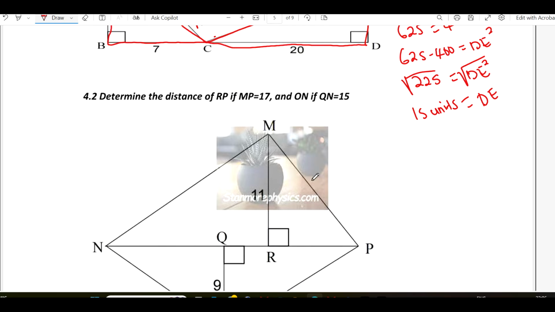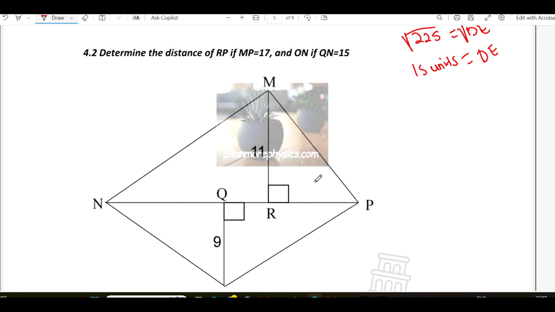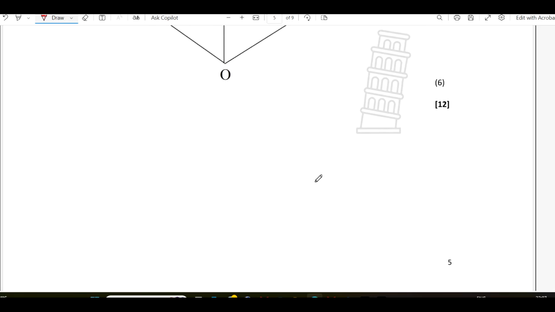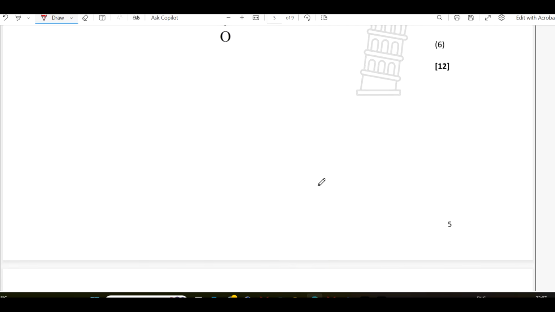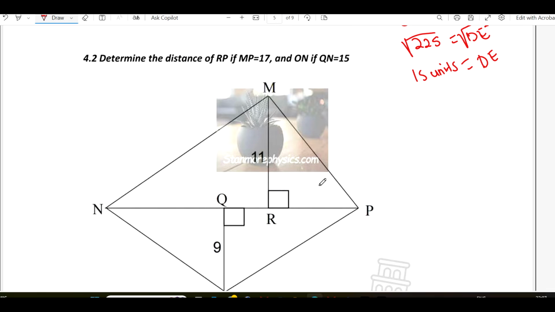So let's proceed to the last question. Determine the distance of RP. No, it's 4.2, guys. It's 4.2, not question 5. Still 4.2. Determine the distance of RP. Where is RP? Let me draw it first. This is RP. If MP is 17,